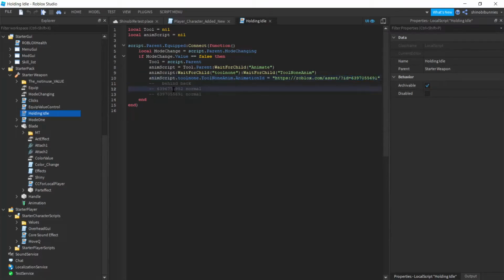But here's the thing. You see this? Different IDs? I'm going to have different IDs for different tools. So there's going to be maybe over 20 or 30 different default looks. So different tool on anim, right? There's going to be more than one. So I can't do that on my